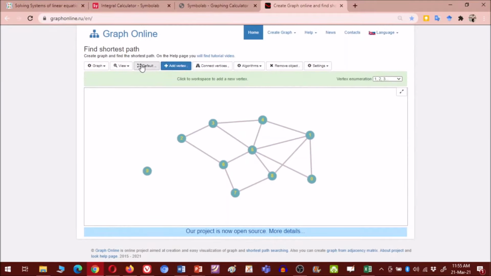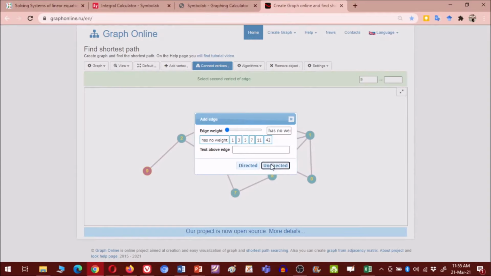Suppose let me add one more vertex to it and connect it to these three vertices.